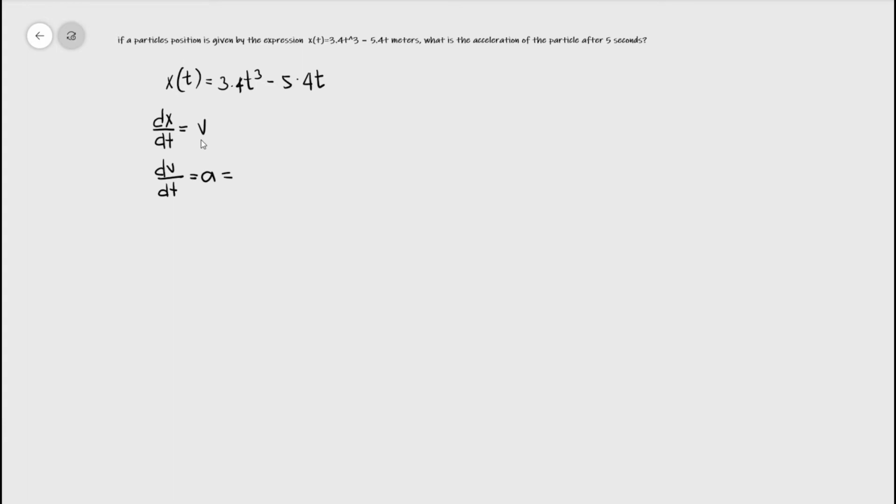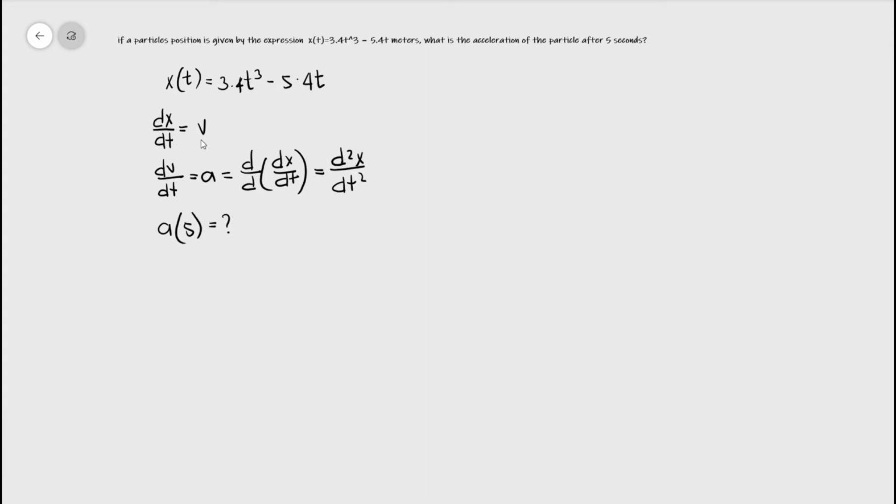Or we can also say that the derivative of v, or the derivative of what? The second derivative of x with respect to time, that is d squared x all over dt squared. This one is the second derivative of the distance traveled with respect to time, and here we have the acceleration. So to get the acceleration when the value of t is equal to 5 seconds, let's say after 5 seconds